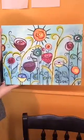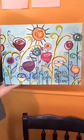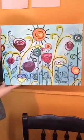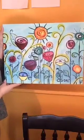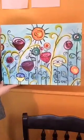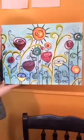what do I want to say? You know, like when you go to an art center and they have a thing where you can sip wine and they take you through step by step and you can make a piece of art to take home. I feel like there's probably some clever name for it, but my sister knows that I love bright, happy colors and that I like to have art, so she made me this for Christmas a couple years ago, and I love it, and I just wanted to show this to you, A, because I love it and it's fun,